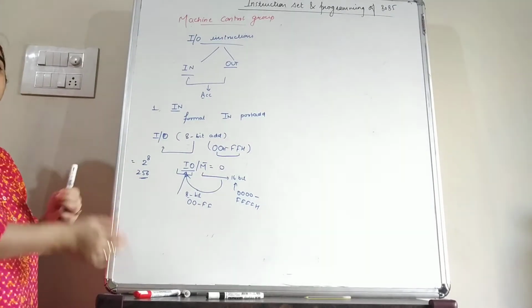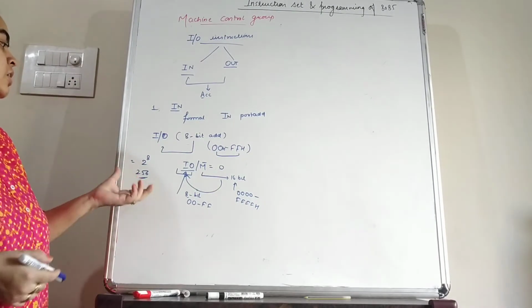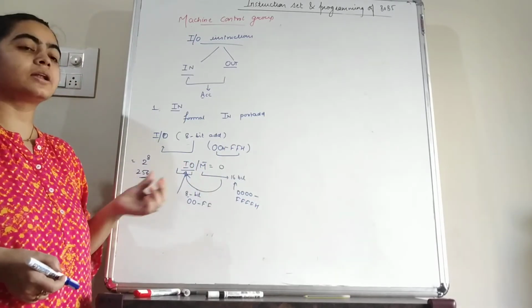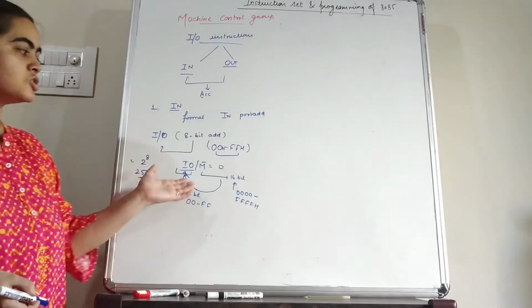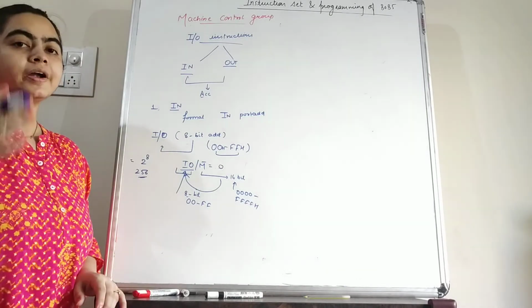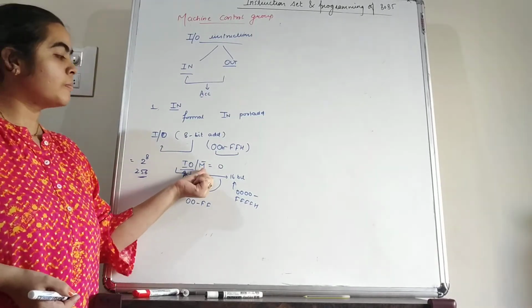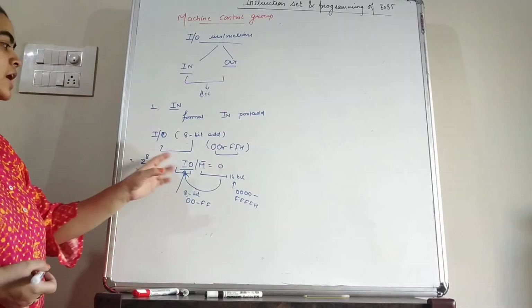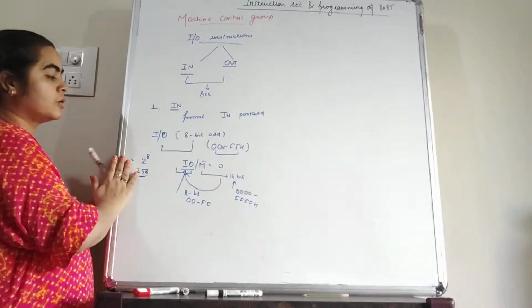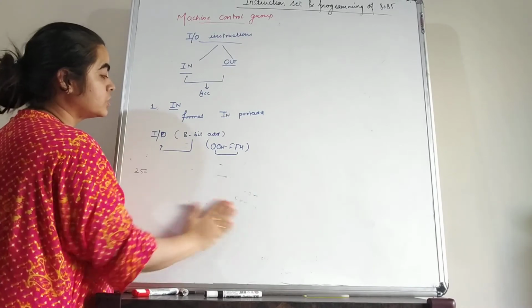So these are more than enough numbers that we can use to connect the input output devices, but the range of memory addresses is quite higher as compared to the input output devices. That's why for memory we have the 16-bit address, and for IO we have an 8-bit address. Now students,